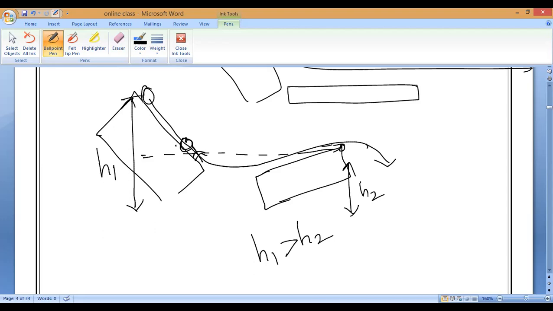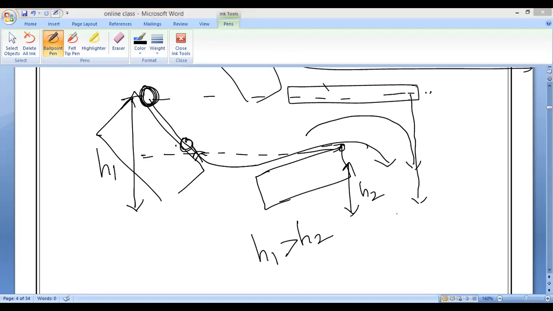But I am releasing from a greater height, so the ball needs to reach this much height. But we don't have an inclined surface up to there. So after traveling this, it will fall down. Is it okay? So that is what will happen. Everybody needs to try this experiment and prove whether it is true in both cases. Is it okay, guys? So this is Galileo's experiment.